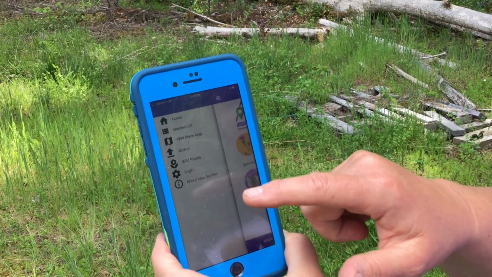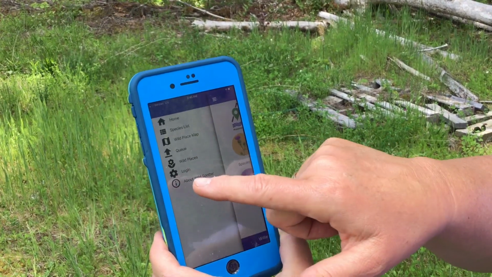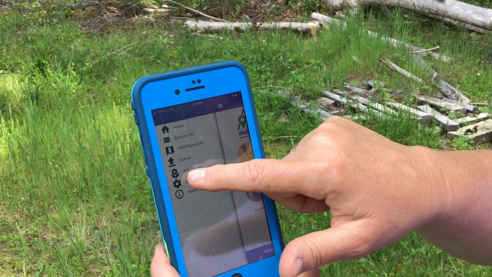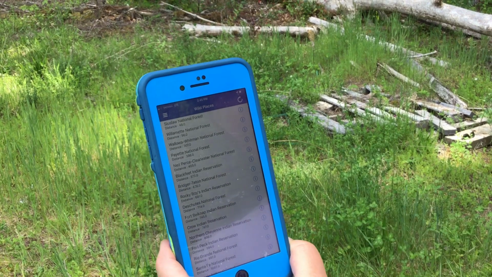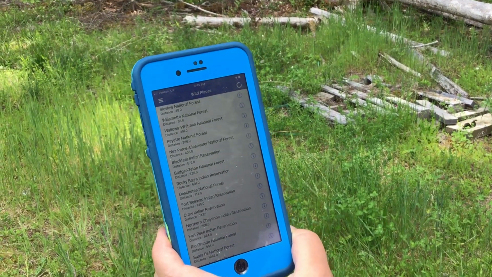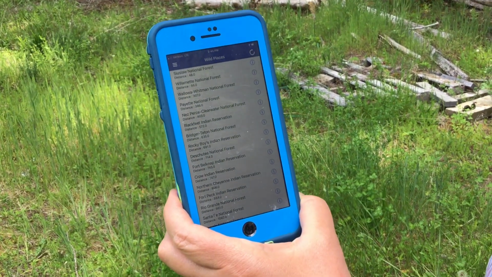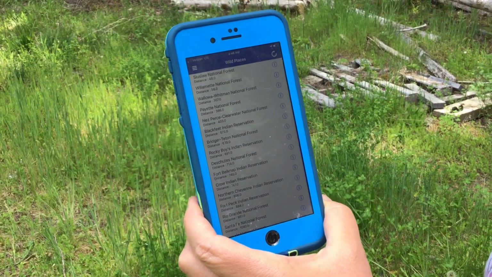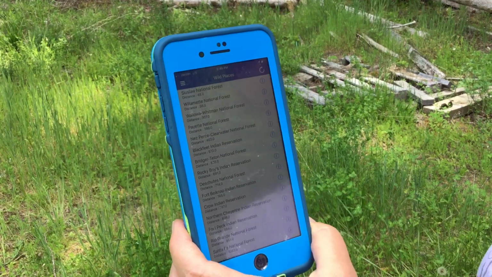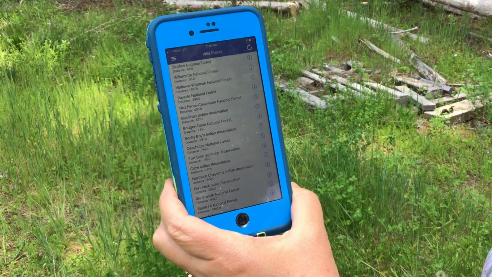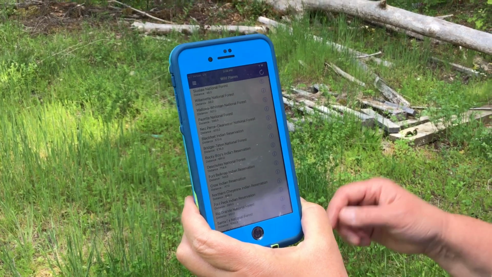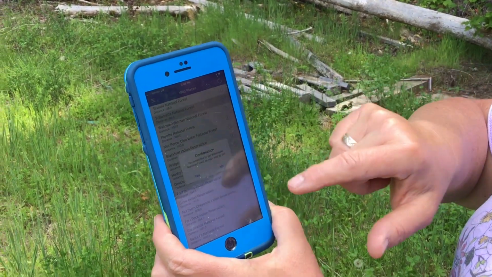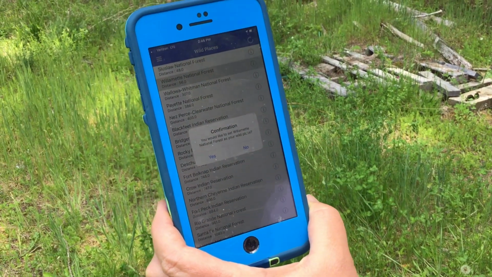You are going to want to select the wild place. There's a flower icon and it says wild places. Push that button, and what'll come up is a list of national forests that you could be collecting data on. On this project, we're going to be either collecting data on the Deschutes National Forest or the Willamette National Forest. Today we're on the Willamette National Forest, so I'm going to push Willamette National Forest, and there's going to be